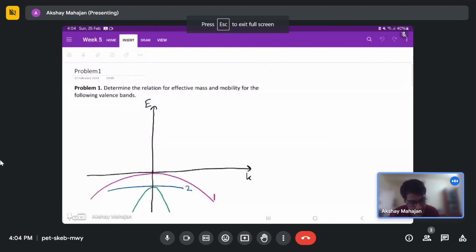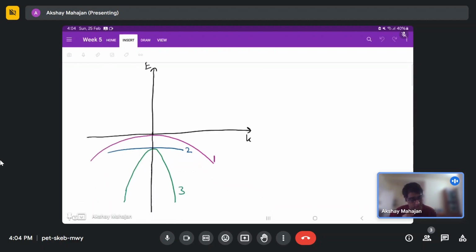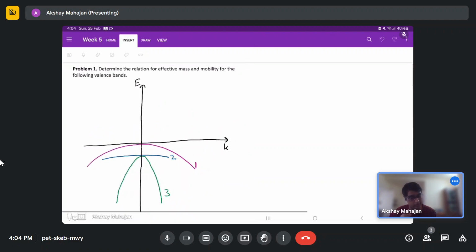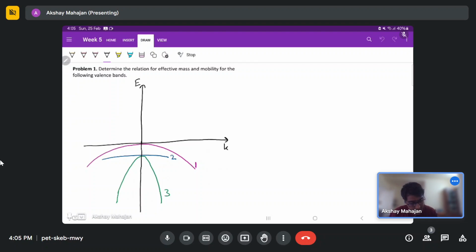So the first problem is to determine the relation for effective mass and mobility for the following valence bands. Here we are given 3 bands: band 1, band 2, band 3, and we can see that they have different curvatures. For this problem, we should remember that the effective mass m star